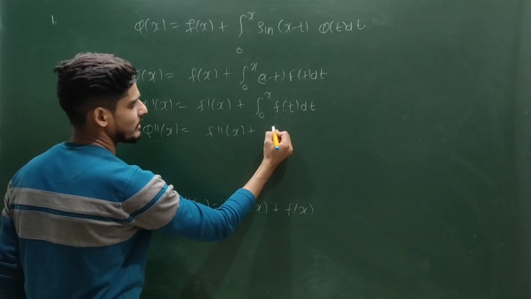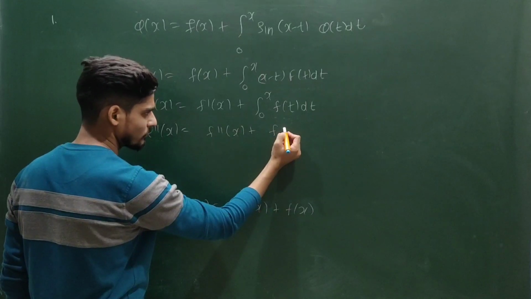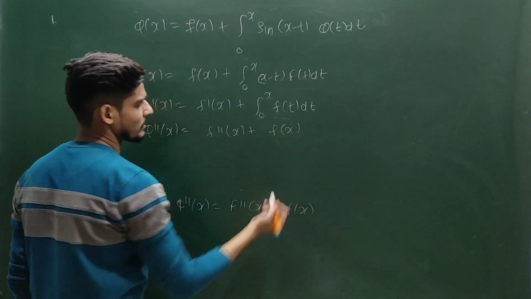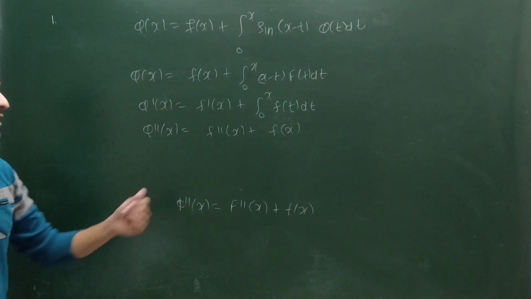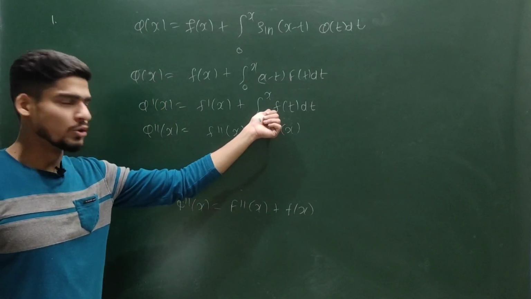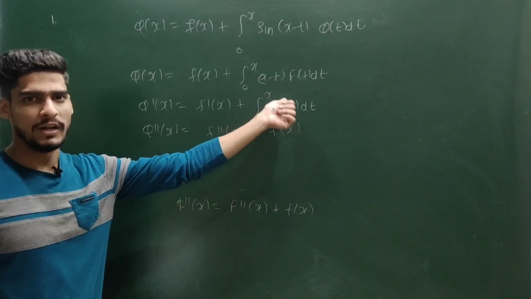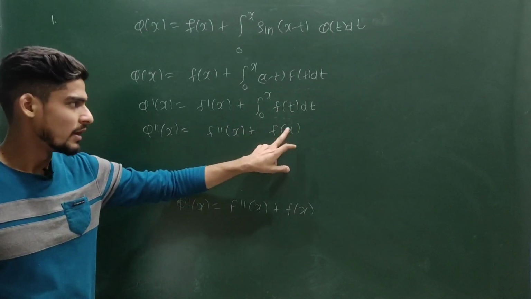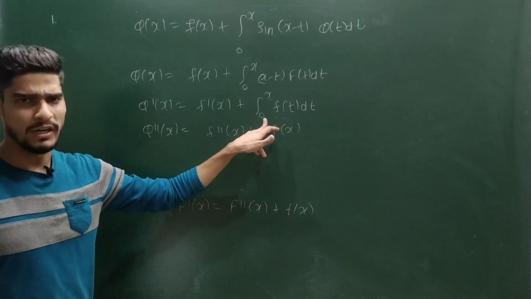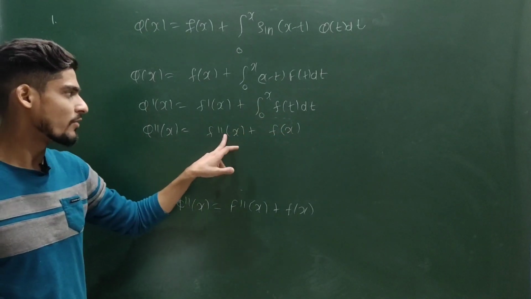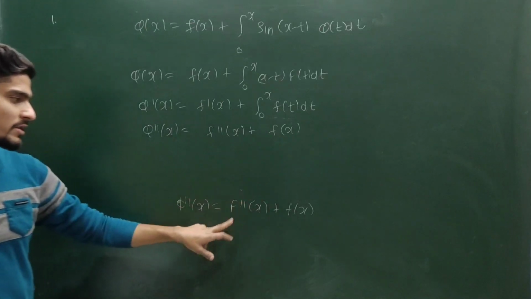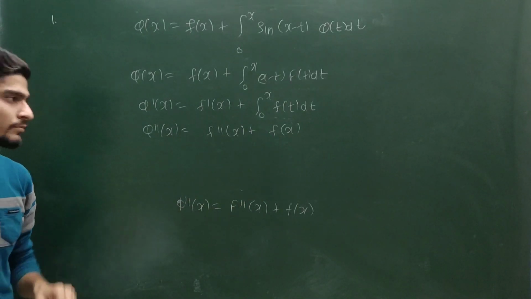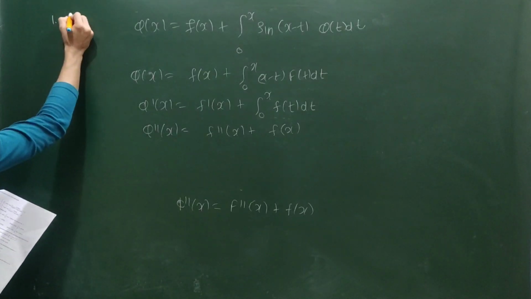If you differentiate this, then you are going to get only this term, because there is no term with x. So if you differentiate partially, you will get 0. Then you put your upper limit, then differentiate, then you will get f x, and if you put the lower limit, then you will get 0. So you will be having phi double dash is equal to f double dash plus f, which is the same as this. So these both are solutions of this equation. So option A is the most appropriate one.